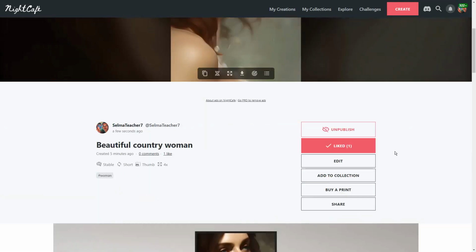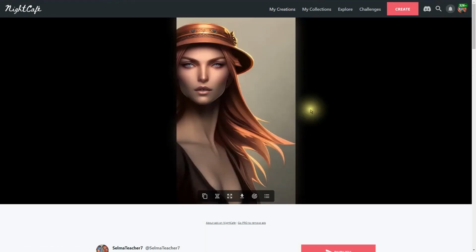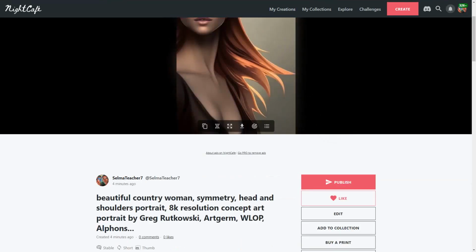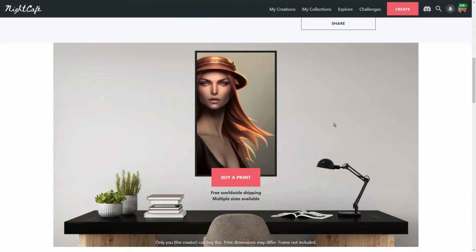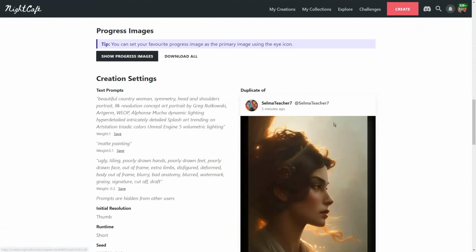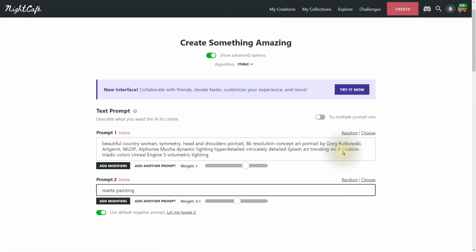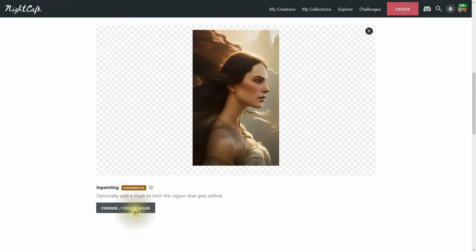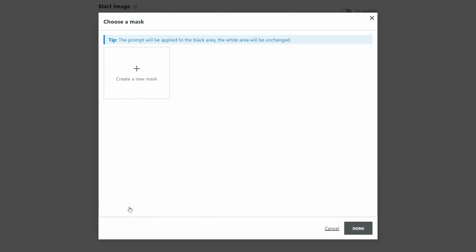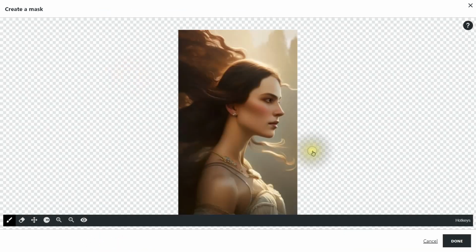So there you go. Okay, this next skill is talking about mask. How to create a mask. So select a work of art, and then what we're going to do is click on duplicate, and it's going to give me a start image. Now I'm going to click on choose create mask, and then click on create new mask, and then we're given this here, and we also have a small brush.